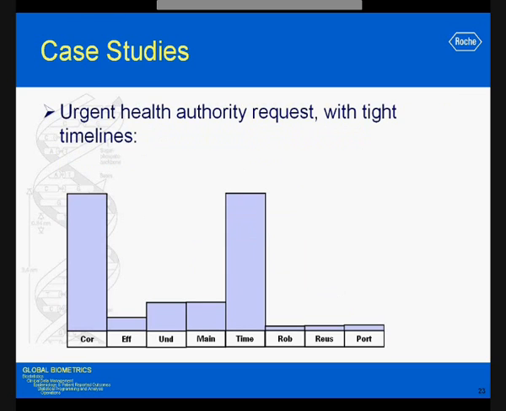Second case study is an urgent health authority request. Questions from the health authority with very tight timelines. So here, very different to the last set of importance given to quality factors. Here, very high level of correctness and very high level of timeliness. A little bit of efficiency,